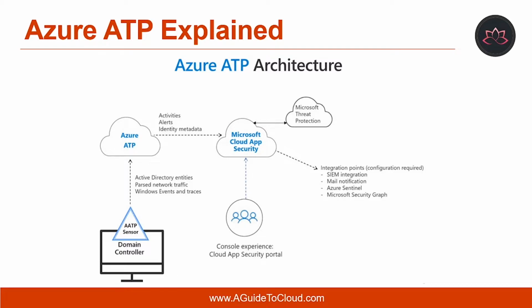The third one is domain dominance or persistence. This is when an attacker captures the information, allowing them to resume their campaign using various sets of entry points, credentials, and techniques. ATP sensors are installed directly on your domain controller. The Azure ATP sensors access the required event logs directly from the domain controller. After the logs and network traffic are parsed by the sensor, Azure ATP sends only the parsed information to the Azure ATP cloud service, which is only a percentage of the logs.